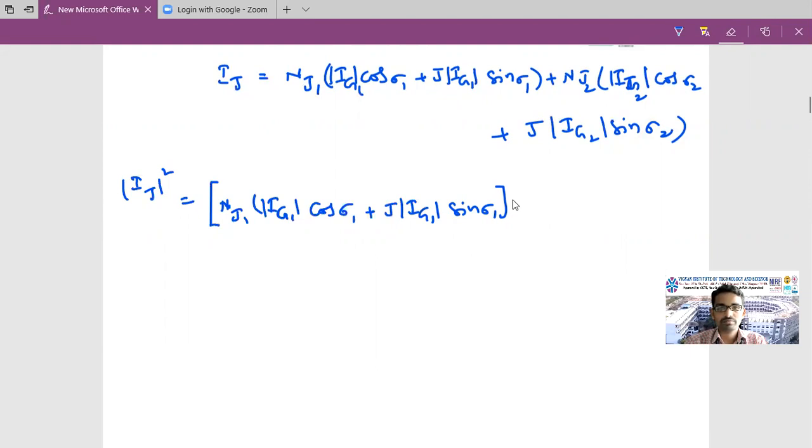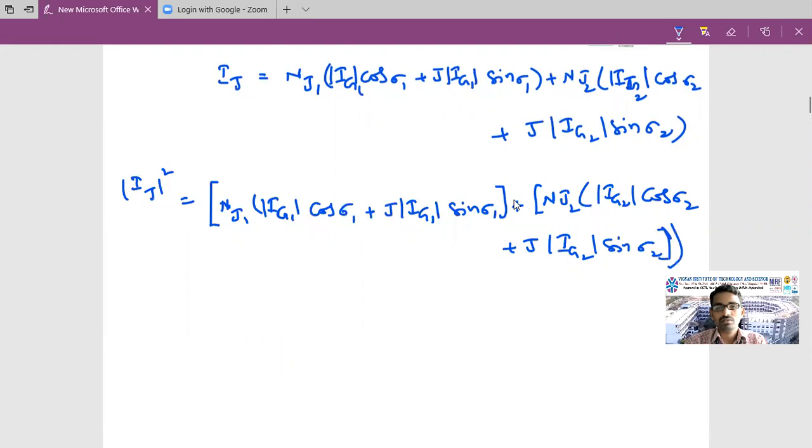Plus nj2 magnitude of Ig2 cos sigma 2 plus j magnitude of Ig2 sine sigma 2, and this whole square we are going to consider. Okay, here whole square. So if I consider the whole square for this, you are going to get the equation